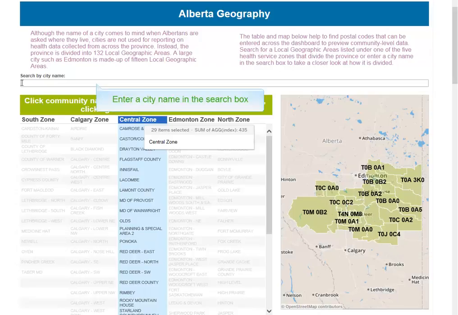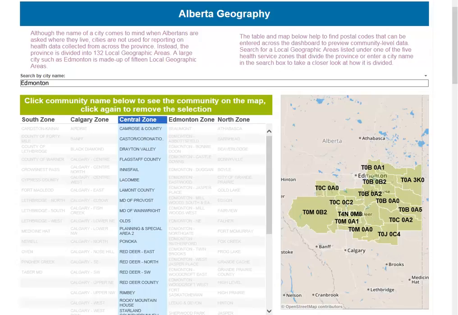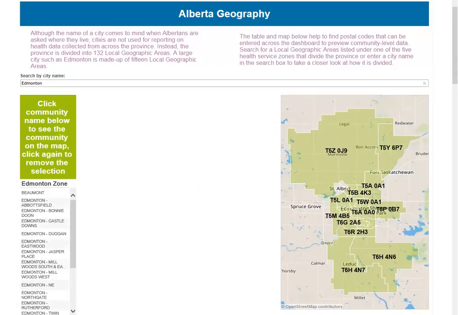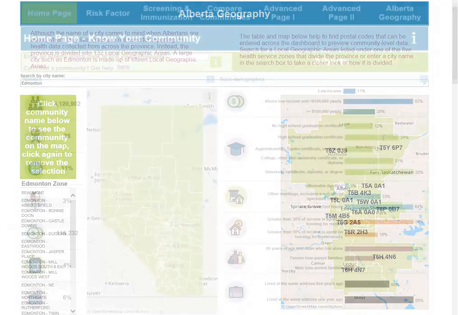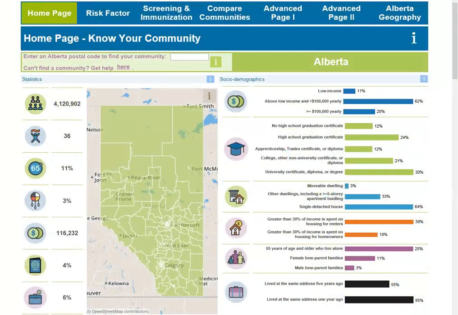Or enter a city name in the search box to take a closer look at how a city is divided into a number of different areas. Once you have narrowed your search, you should be able to select the right postal code from the map. Now that you are oriented to the home page and know how to look at community-level data, we can move